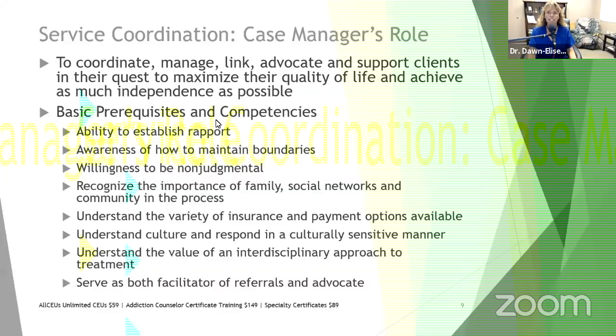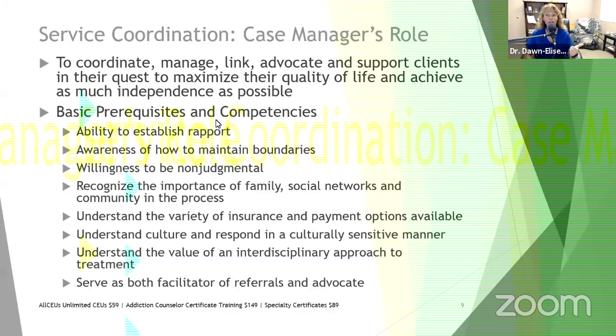So we're going to use words like linkages, advocacy, and management, not other words, because we want to help clients manage, link, advocate, and get support in order to maximize their quality of life and achieve as much independence as possible. So a case manager has certain basic competencies that they need to have. You need to be able to establish rapport, just like a counselor.